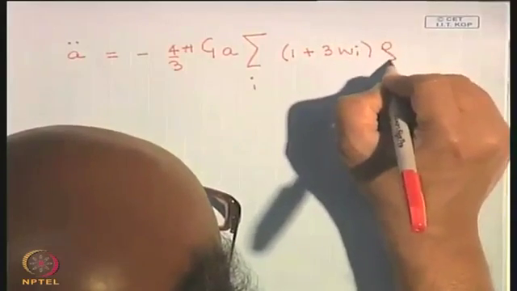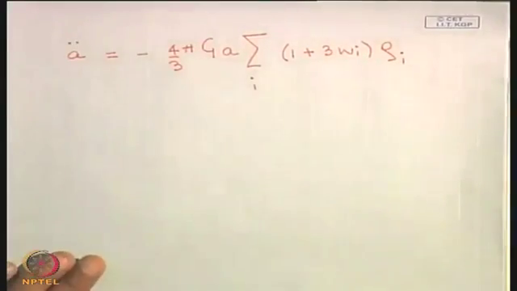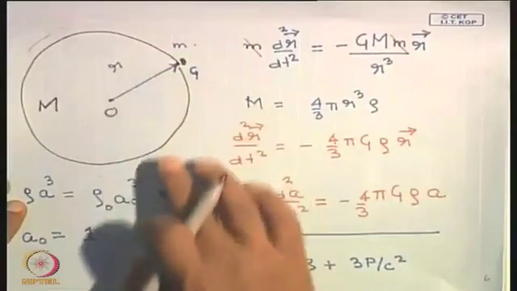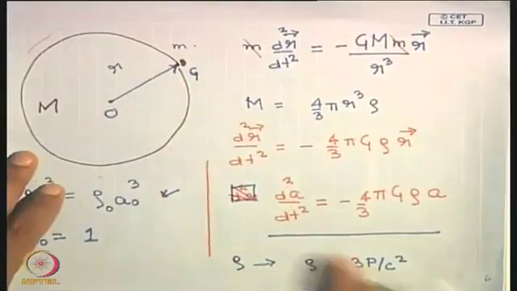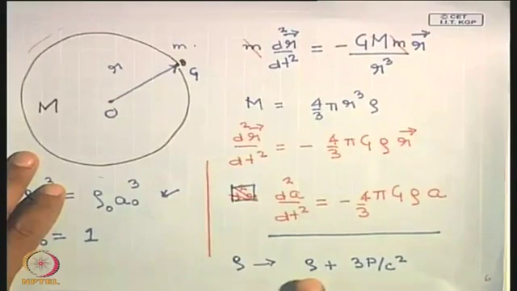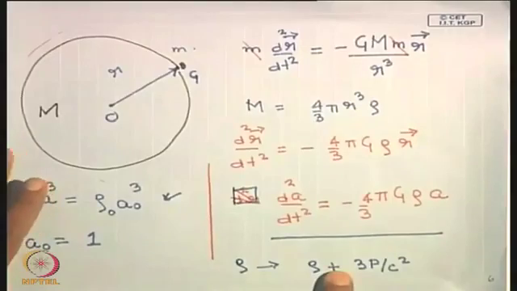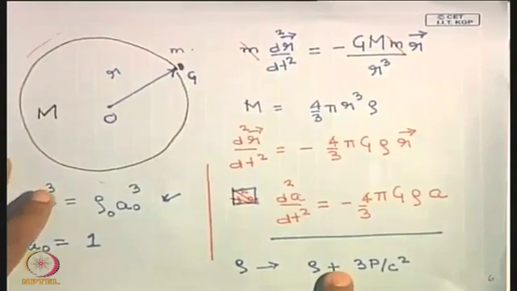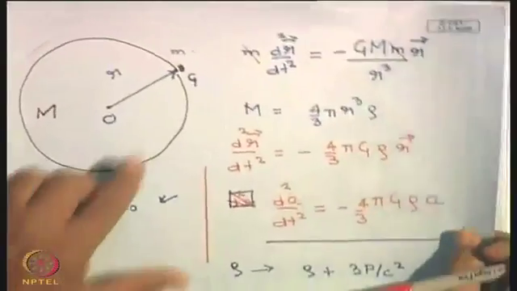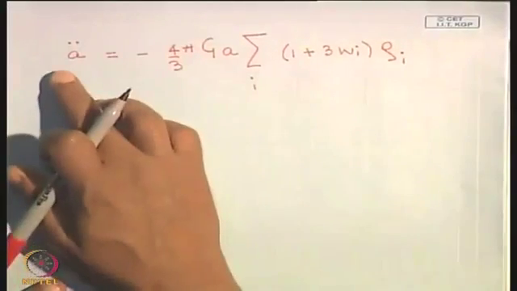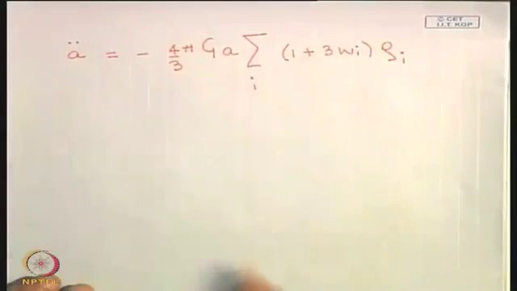And then we worked out, because I told you if the particular component has pressure, then the density has to be replaced by rho plus 3 p by c square. This comes from Einstein's theory of general relativity. Okay, so this is the equation that governs the acceleration or the dynamics of the universe,